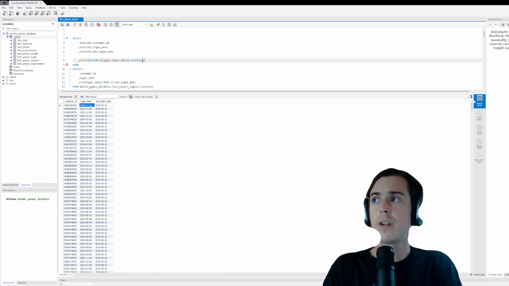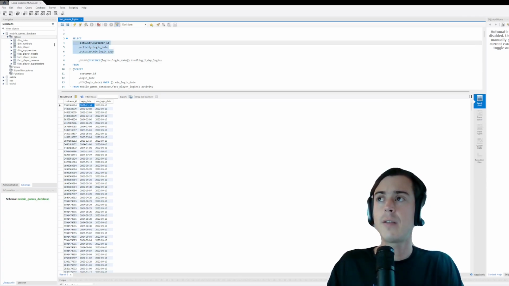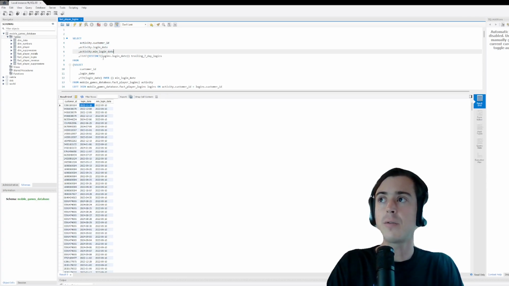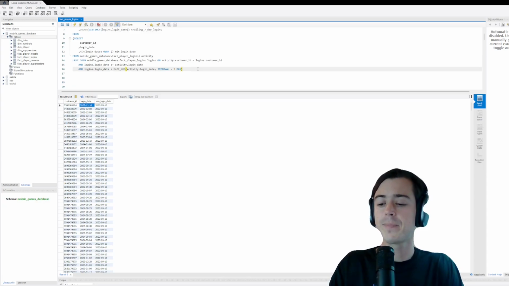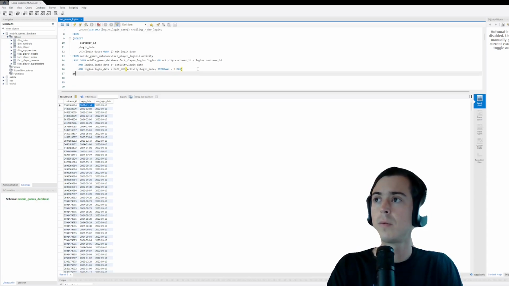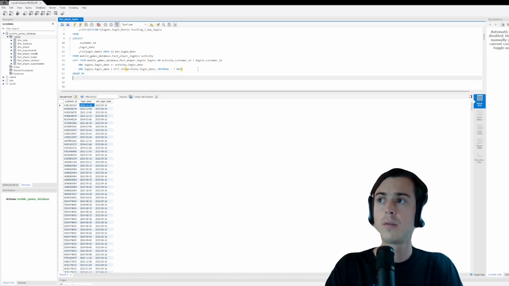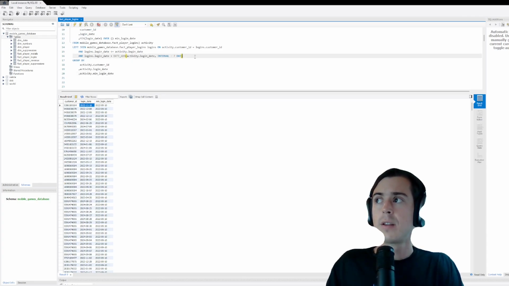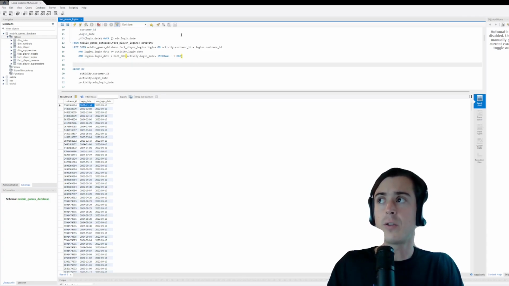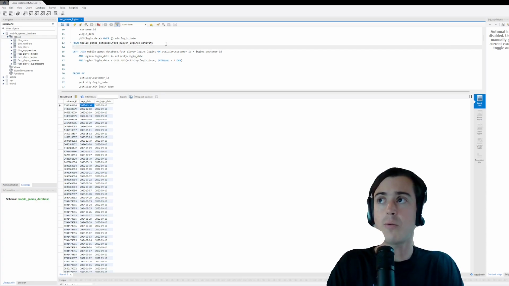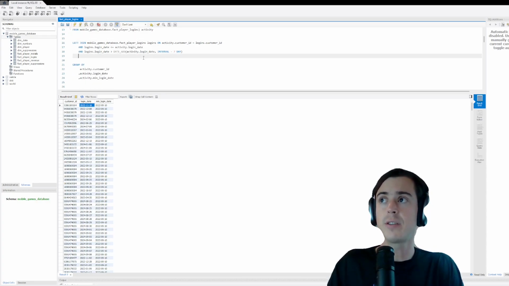We'll call this trailing 7-day logins, okay. And then remember, it's an aggregate function, so we need to do a group by. Because these joins are a little tricky conceptually, I'm going to walk through it one more time, which is we